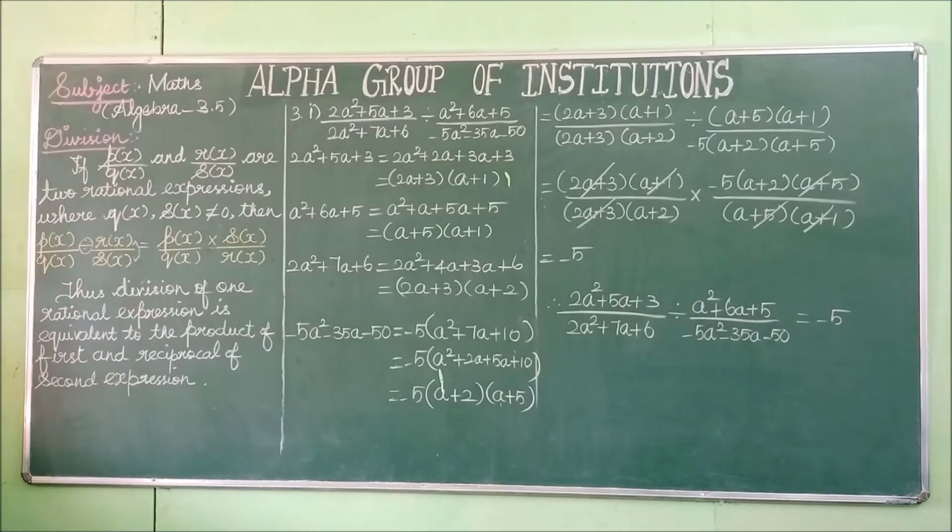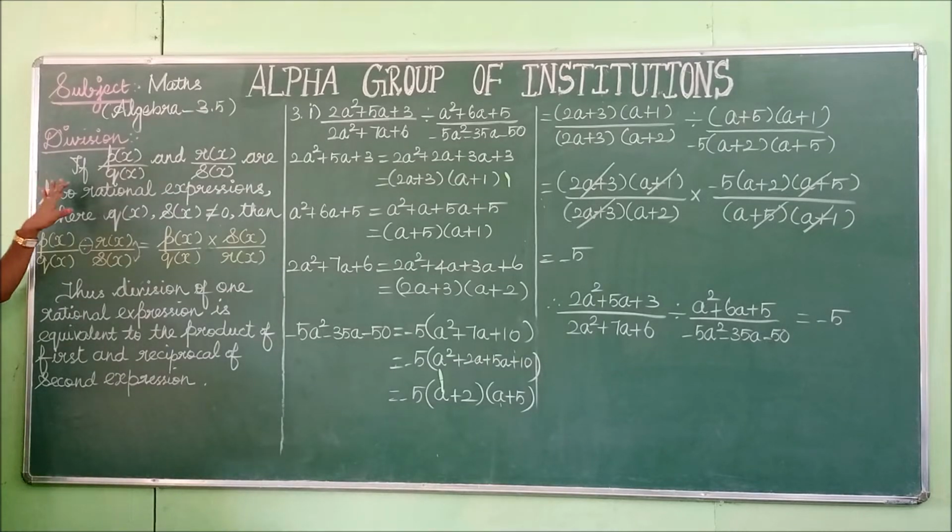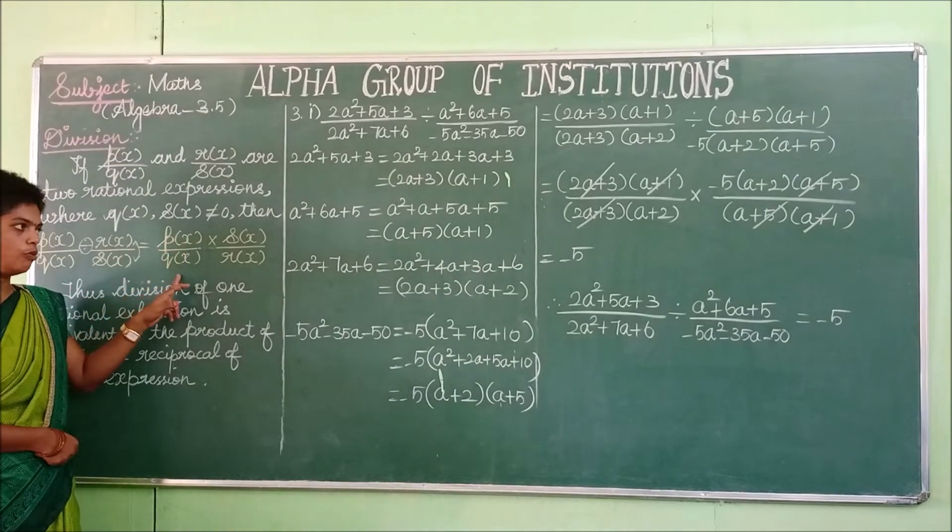As we saw already about the multiplication of rational expressions, now we are going to see about the division of rational expressions. So see here, if p of x by q of x and r of x by s of x are two rational expressions where q of x, s of x are not equal to 0, then p of x by q of x divided by r of x by s of x is equal to p of x by q of x